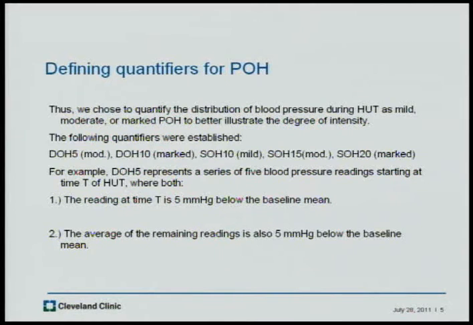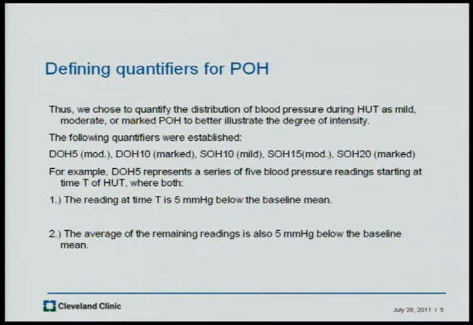DOH-5 for moderate and DOH-10 for marked, and then mild, moderate, and marked for SOH at 10, 15, and 20. You will note that there isn't a mild DOH because any fluctuations from 1 to 4 would be too minute to be considered significant. For example, to explain, DOH-5 represents a series of 5 blood pressure readings starting at time